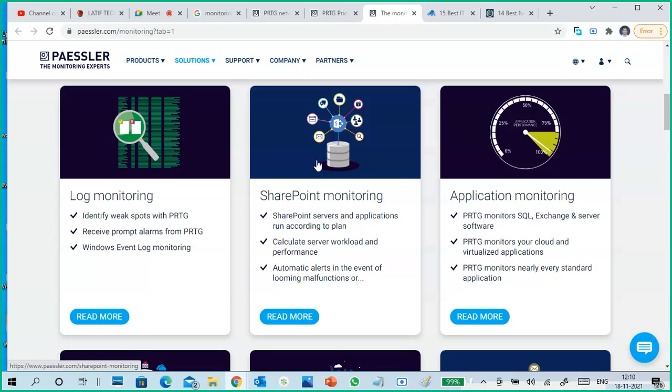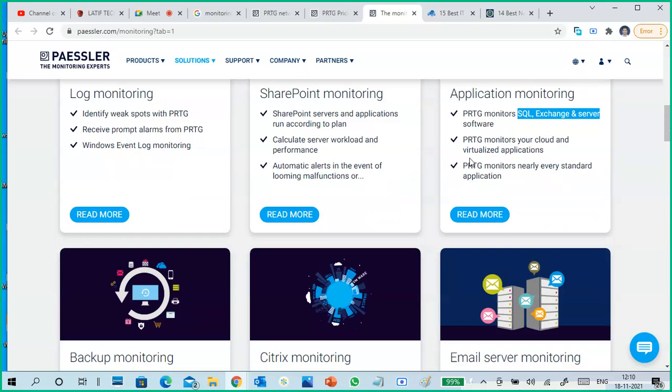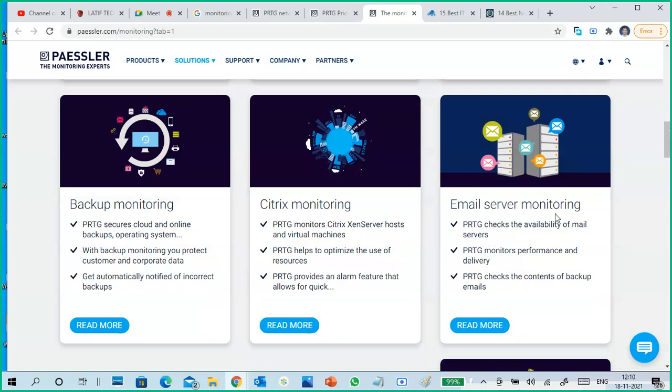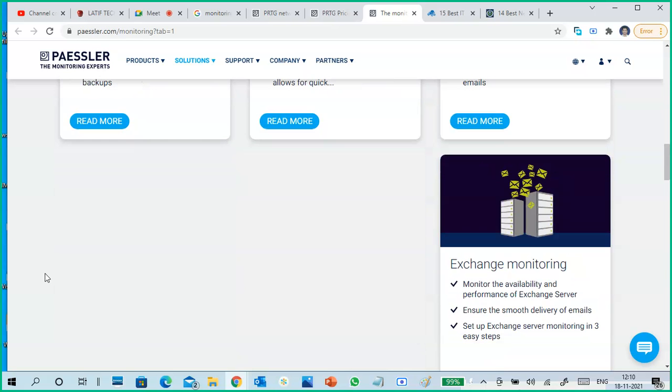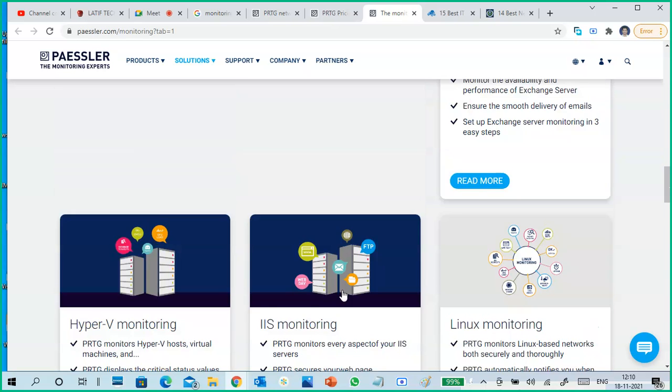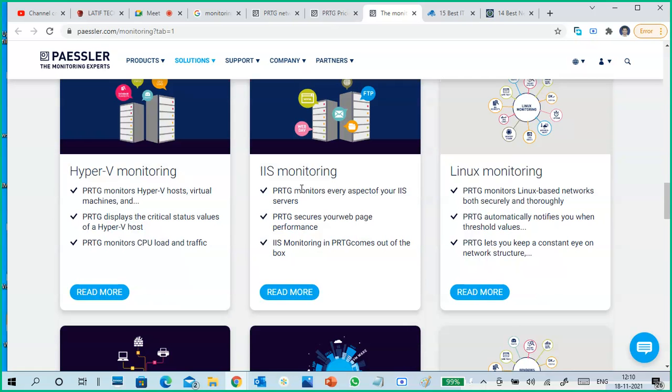Log monitoring, SharePoint monitoring, application monitoring like SQL, Exchange server software. Okay, virtualized applications, cloud monitoring, email server monitoring, Citrix monitoring, backup monitoring. Exchange monitoring, web server monitoring.